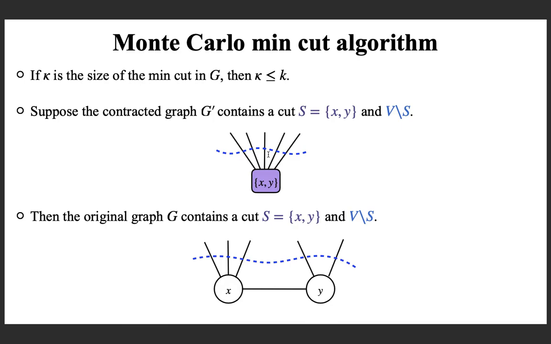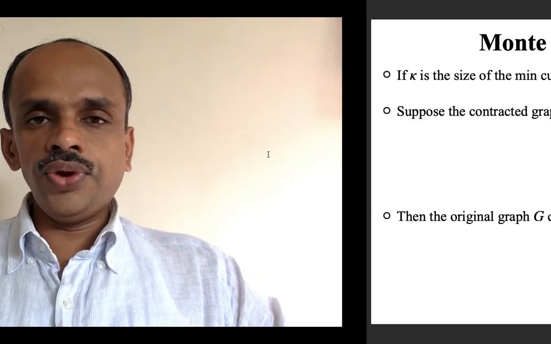With this we are finishing this lecture. Today we looked at a Monte Carlo algorithm for finding the min cut in a graph. A cut is partitioning the vertex set into two disjoint subsets, and the size of the cut is the number of edges crossing the cut. So we found a probabilistic approach using edge contractions, where you need to do a sequence of n minus 2 edge contractions. You can get a cut,